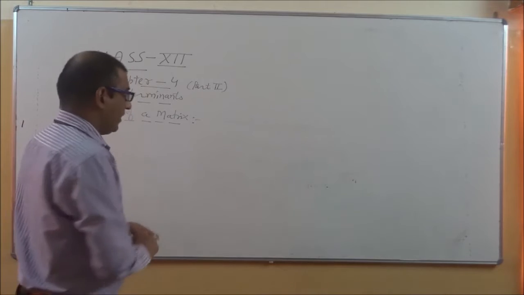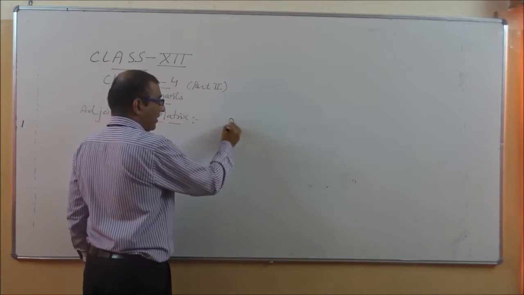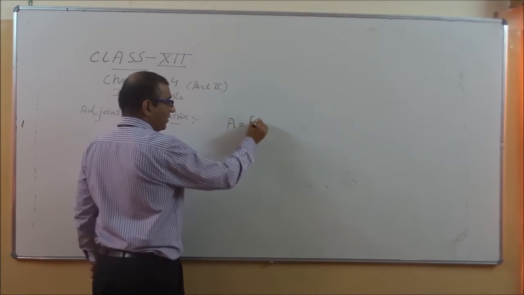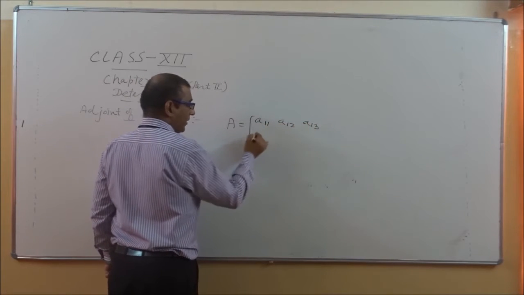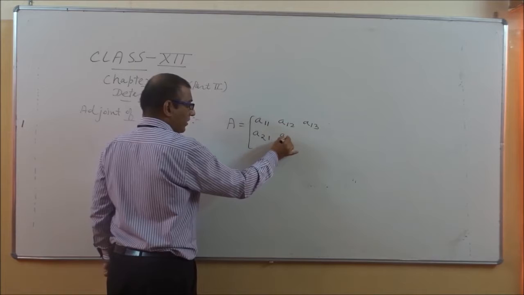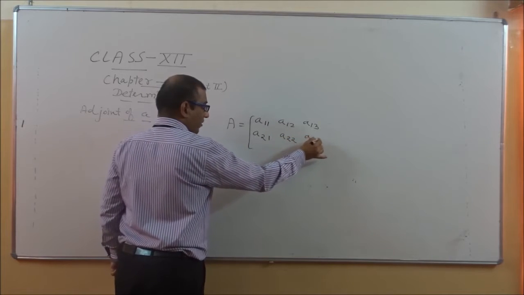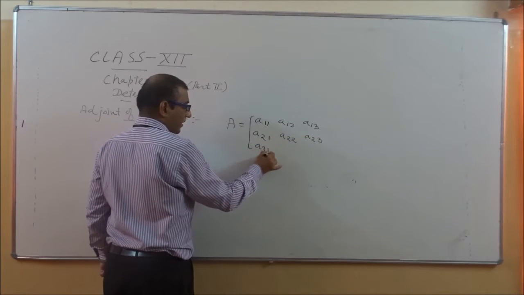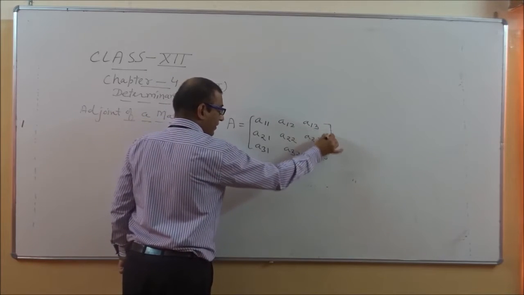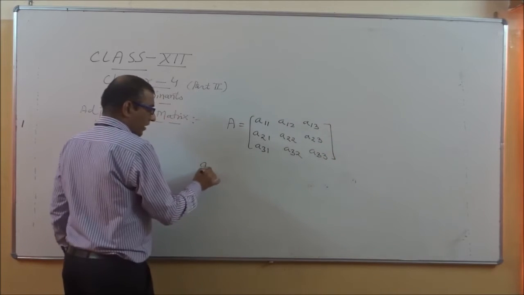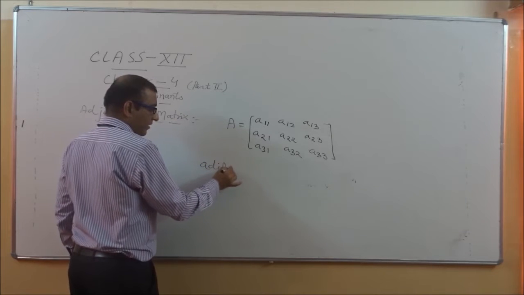If we are taking one matrix capital A as A11, A12, A13, A21, A22, A23, A31, A32, A33, it means its adjoint A